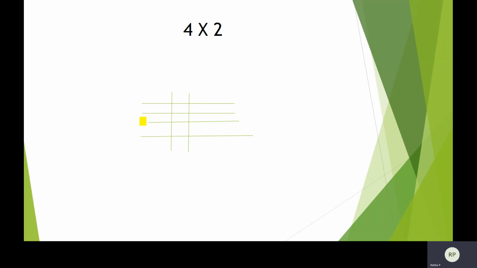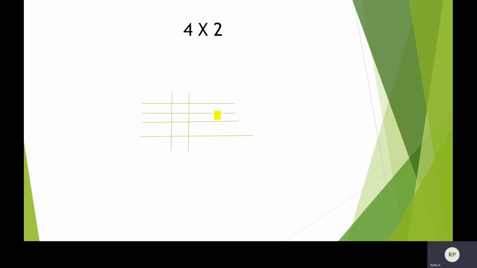So 4 is represented by 4 lines. Whichever way you want, you can draw the lines. I drew it in a horizontal manner. 4 I have represented as 4 lines, and now 2. Since you have drawn the first number in a horizontal way, this number you represent in a vertical way, because this is easy for us to count when it comes to two digits. It's better to write it in a slanting position, which is also better for diagonals when two-digit and three-digit numbers are involved.